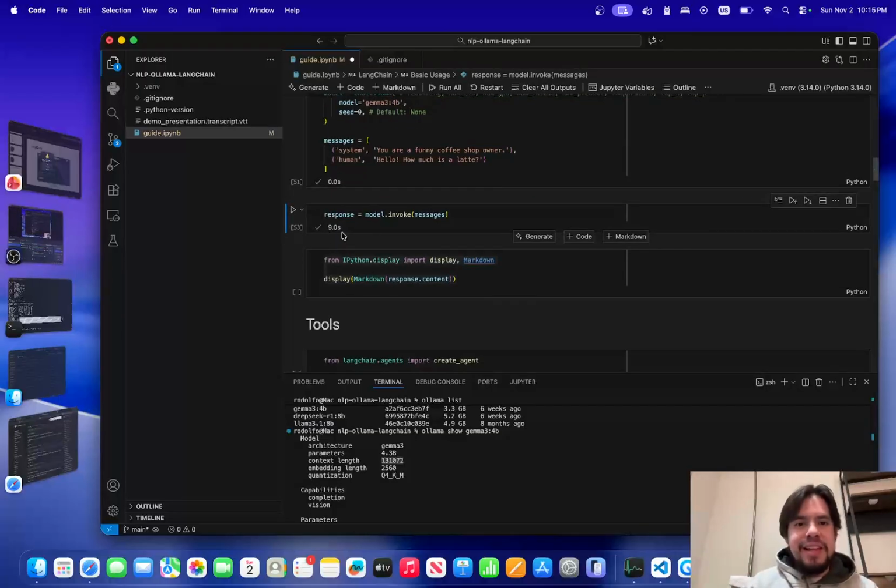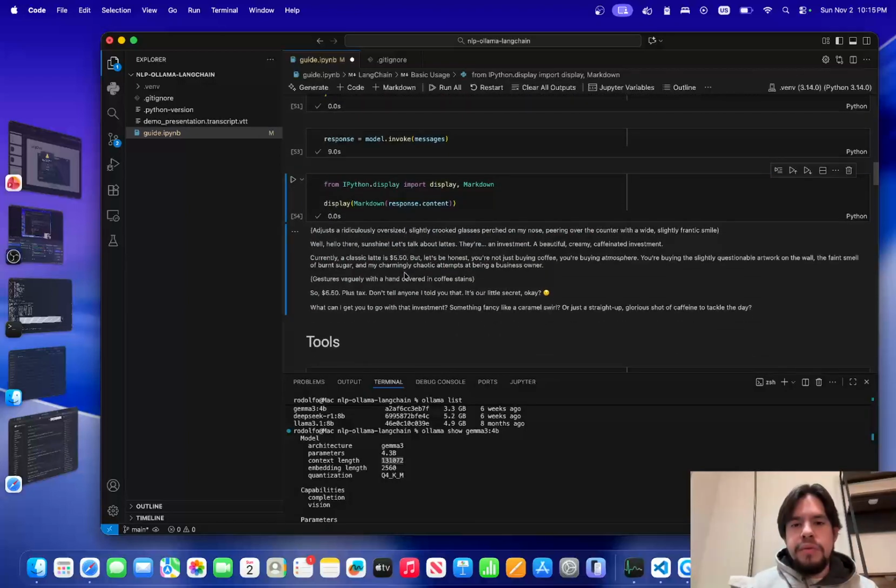9 seconds, slightly faster. Then I'm printing the output right here, and it says, I just ridiculously oversized like class